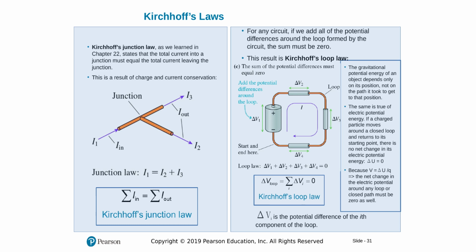Kirchhoff laws talks about currents and total potential difference in a circuit. The current related one is called junction law. We discussed this in the conservation of current or conservation of charges part as well. Current into a junction is equal to current out of a junction, so we add the in current, which will be I1, and this junction over here is equal to out current I2 plus I3. Loop rule